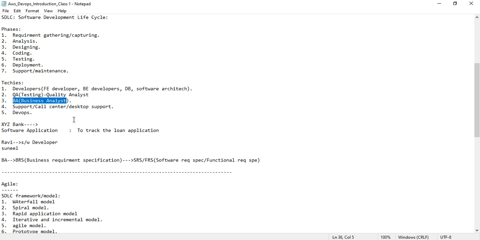And support or call center: while we are working on the application, if any user is not able to work on it for any reason, they can raise a request and contact the support team. It is provided by the company, because they developed the code and know it end to end. If there is any issue, the user can reach out to the support team to get sufficient support. And the DevOps engineer,